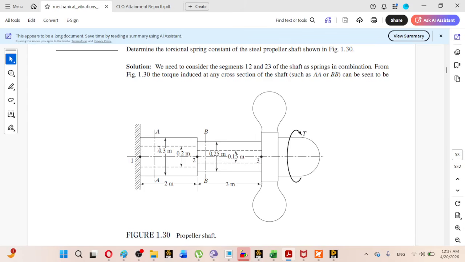So the disc is rigid because this is the end mass. The shaft is not rigid, remember. So